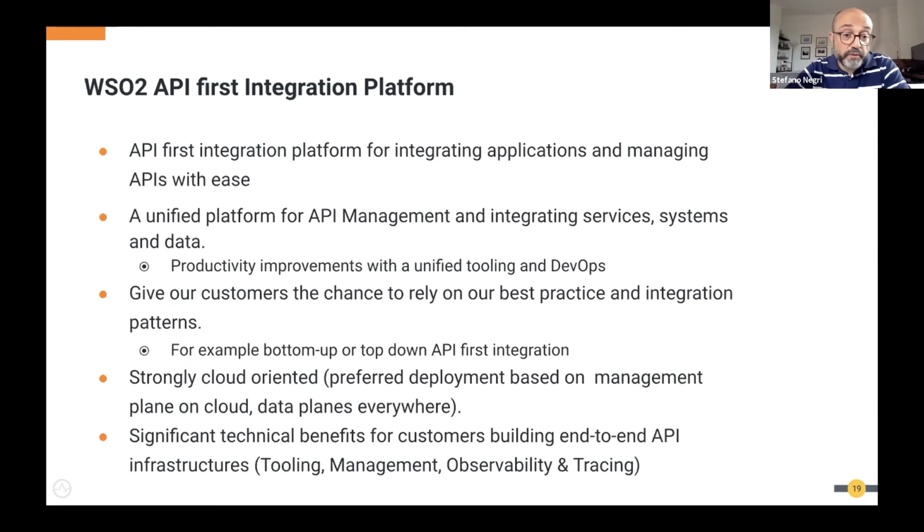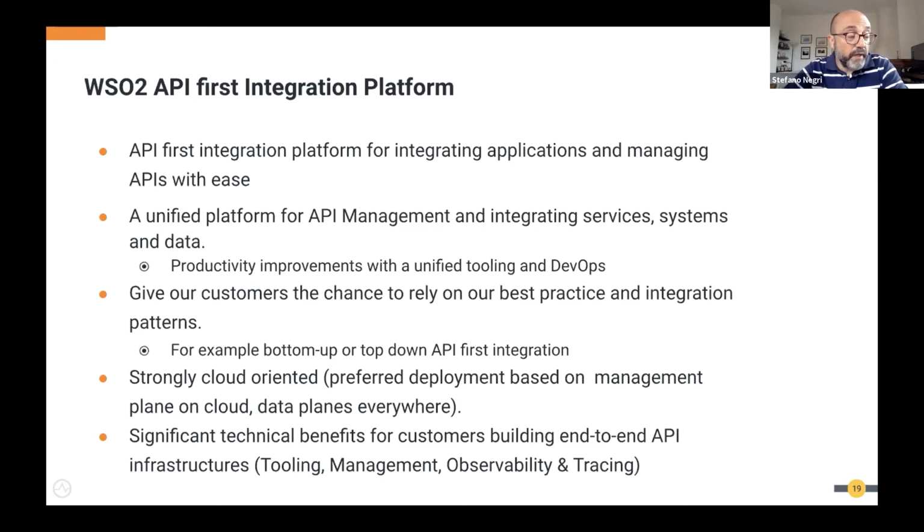And this brings some benefits, as we can drive our customers through our best practice integration patterns. For example, we strongly recommend an approach that we call API-first integration, with several options like bottom-up or top-down approach. And this will be strongly cloud-oriented.